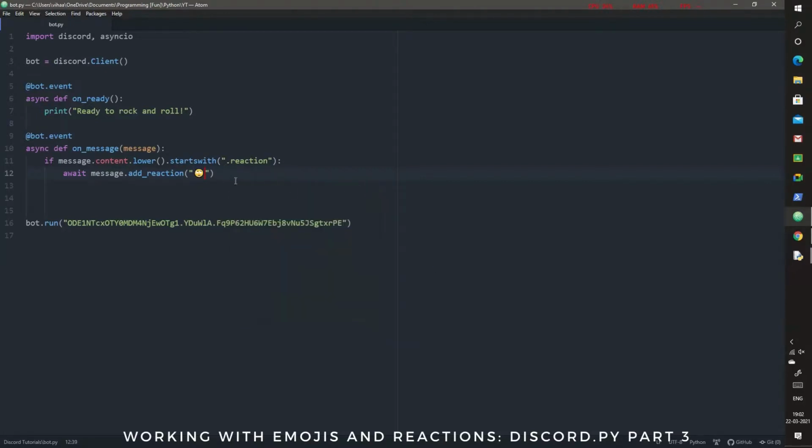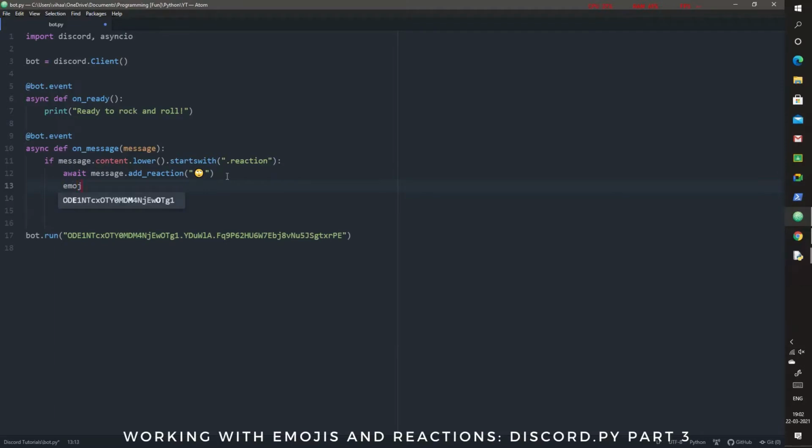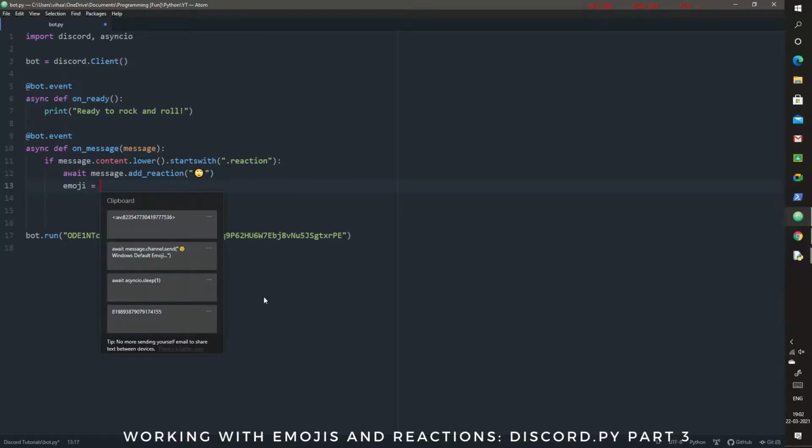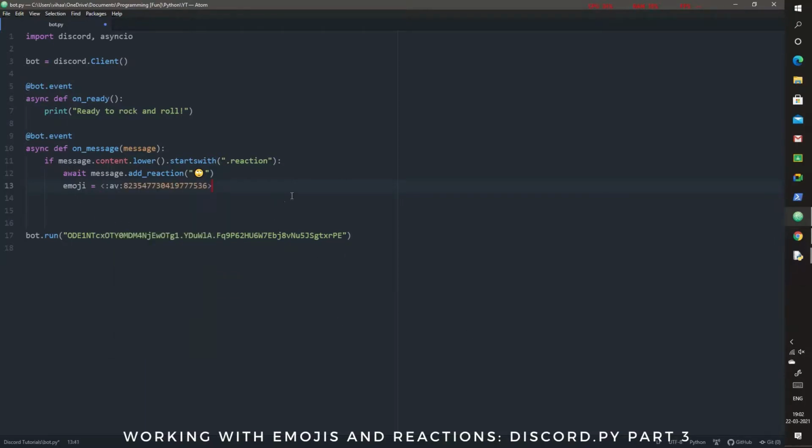Okay, and at the same time I'll show you a custom emoji as well. What you've got to do for a custom emoji is define the emoji. It doesn't have to be emoji, any variable will do. So here we have our emoji name, put it in quotes, one second, and okay.